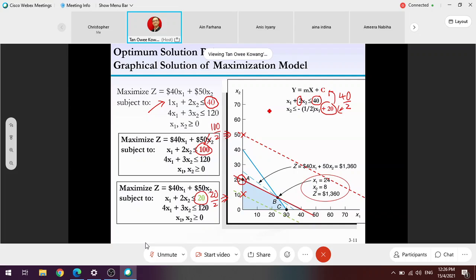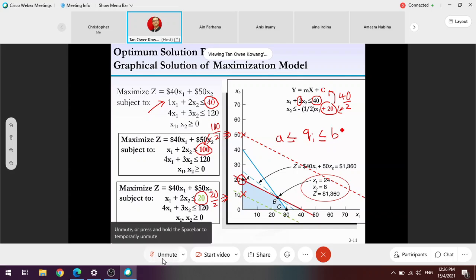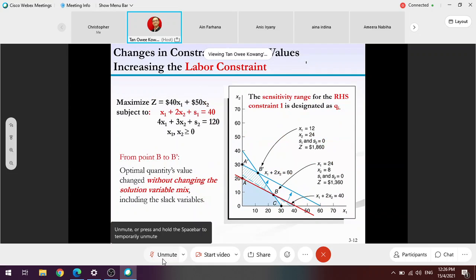So by saying so, in order for me to identify A and B, what I need to do is identify at which point the line intersects with x2. I will take you through more detail later on. Example: if you understand what I explained earlier, then it's enough. If not, then look at this example.